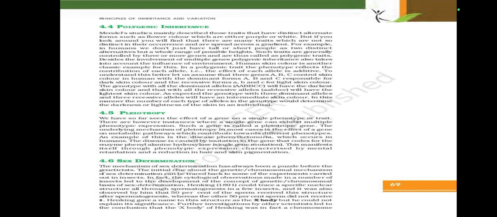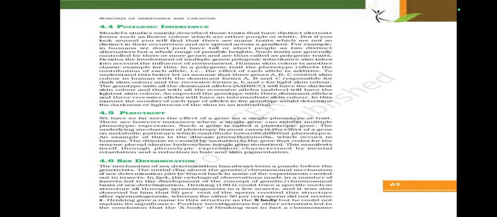Henking in 1891 could trace a specific nuclear structure all through spermatogenesis in a few insects, and it was also observed by him that 50% of the sperm received this structure after spermatogenesis, whereas the other 50% of sperm did not receive it. Henking gave a name to this structure, the X body, but he could not explain its